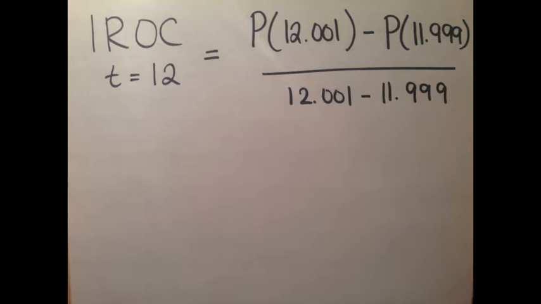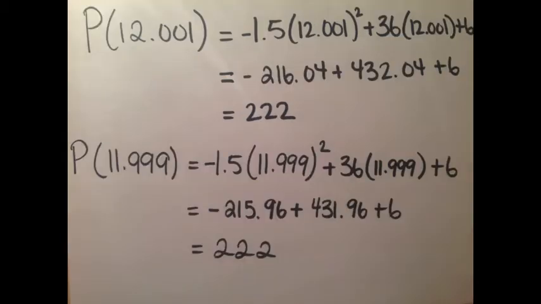So to start off, let's add 0.001 to 12 to equal 12.001. And now we subtract 0.001 from 12 to get 11.999 as our two values to sub into our AROC equation to solve for IROC. Let's start by plugging in 12.001 into our original equation, P(t) equals negative 1.5t squared plus 36t plus 6. Now that we are plugging in 12.001 as our t-value into our original equation, we are now solving for